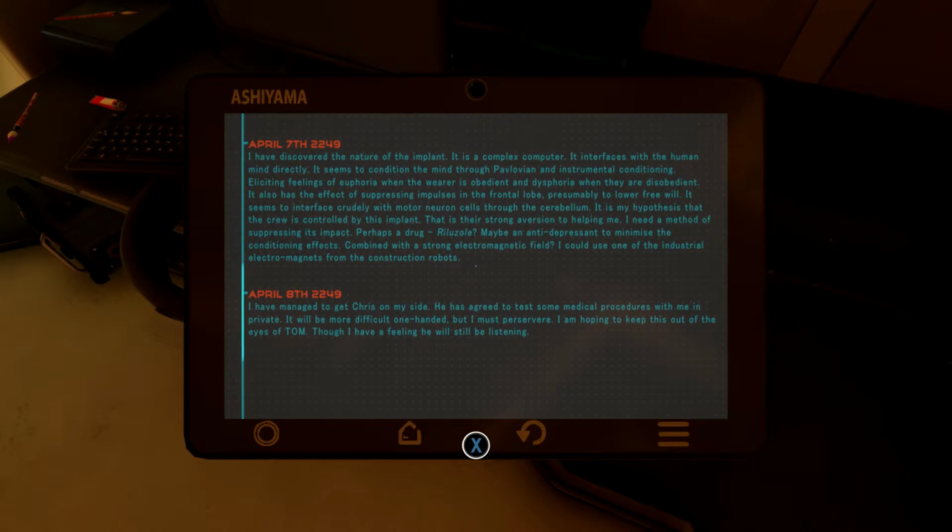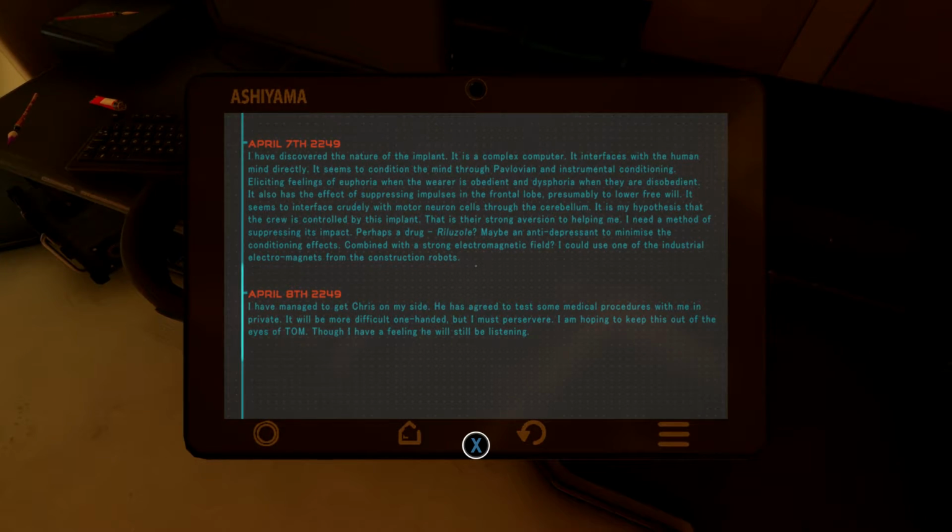I discovered the nature of the implant. It's a complex computer. It interfaces with the human mind directly. It seems to condition the mind through Pavlovian and instrumental conditioning, eliciting feelings of euphoria when the wearer is obedient and dysphoria when they are disobedient. It has the effect of suppressing the impulses on the frontal lobe, presumably to lower the free will. It seems to interface crudely with the motor neuron cells through the cerebellum. It is my hypothesis that the crew is controlled by this implant, that their strong aversion to helping me,